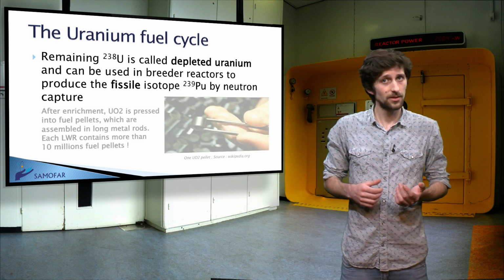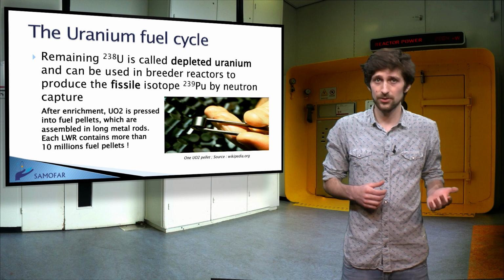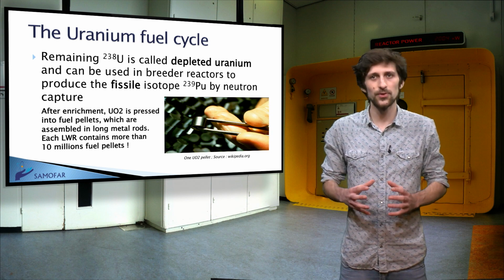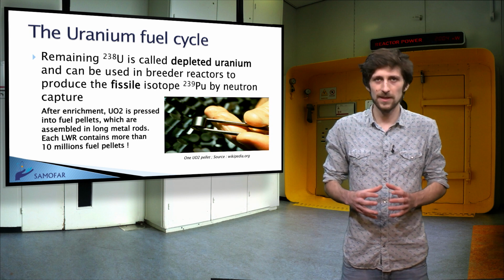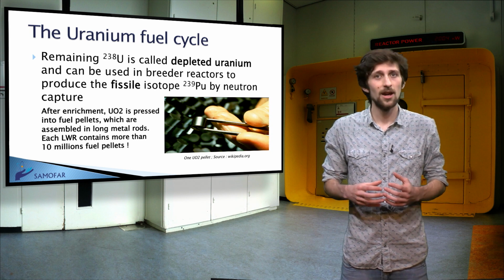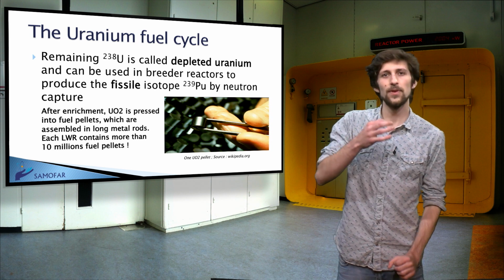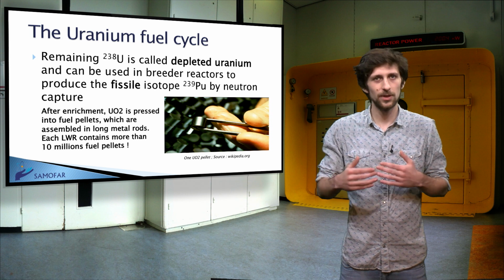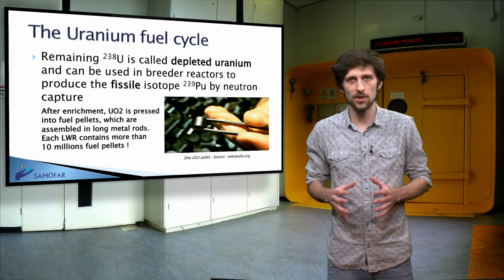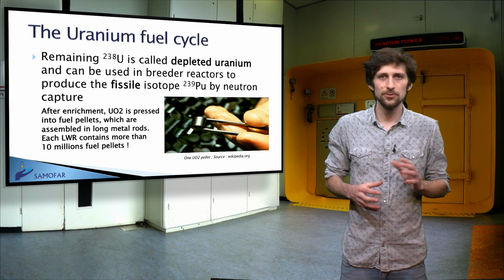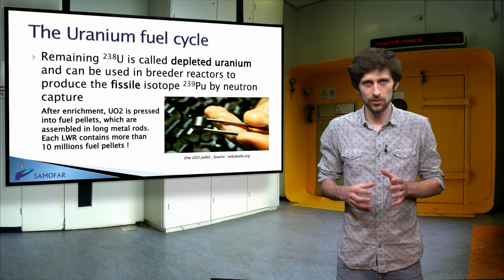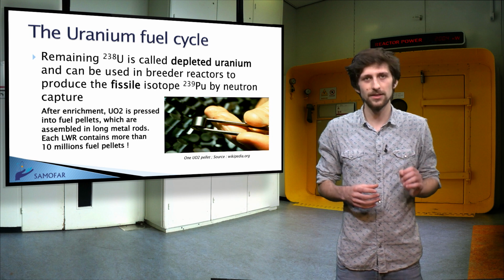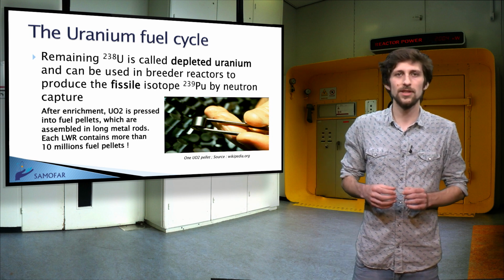After enrichment, the uranium hexafluoride is converted to uranium dioxide, which is pressed into fuel pellets. These solid fuel pellets are placed inside long, thin metal tubes, which are assembled into bundles to become the fuel elements of the reactor core. In between the fuel rods, control rods made up of neutron-absorbing materials can be moved up and down to control the fission chain reaction in the